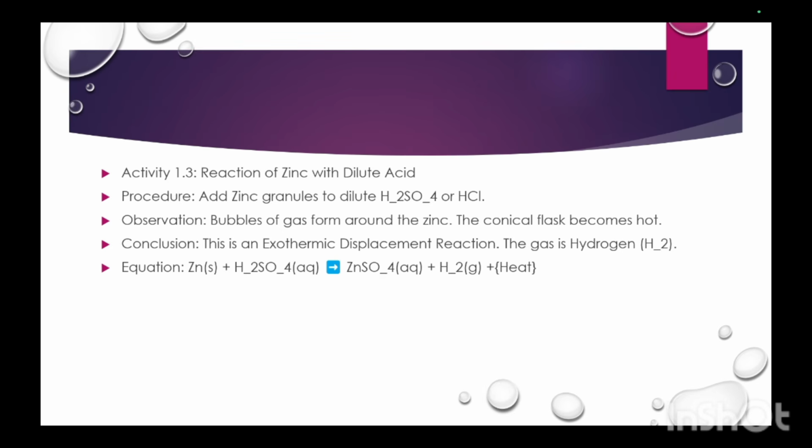As I have said, the conical flask has become hot, which means there was a lot of heat produced during the reaction. We call it an exothermic displacement reaction. The gas produced is hydrogen. The equation is zinc plus H2SO4 forming zinc sulfate plus H2 gas,